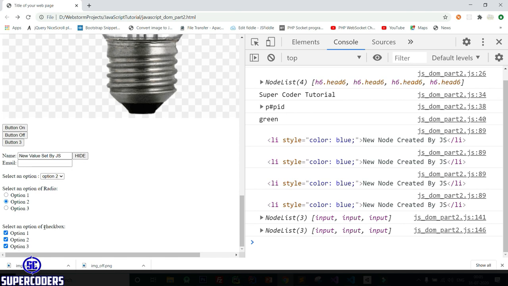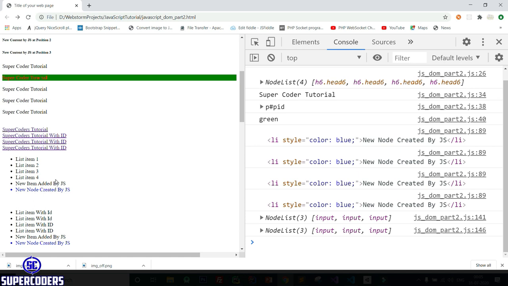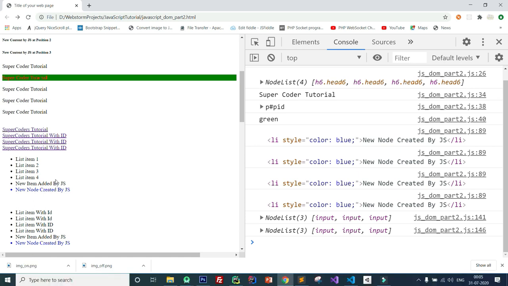So in this way you can use JavaScript for DOM for selecting elements and changing property, adding style sheets, adding property, adding attributes, access attribute, changing element, changing content, changing text, changing value, select item, change image source, image attributes. So you can do anything with JavaScript in HTML. Now in the next tutorial I will show you all types of events in JavaScript.